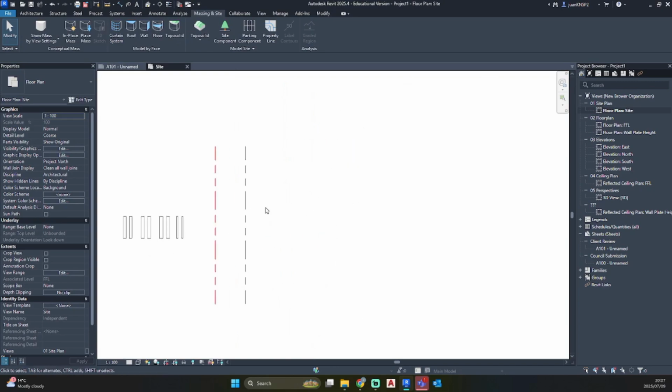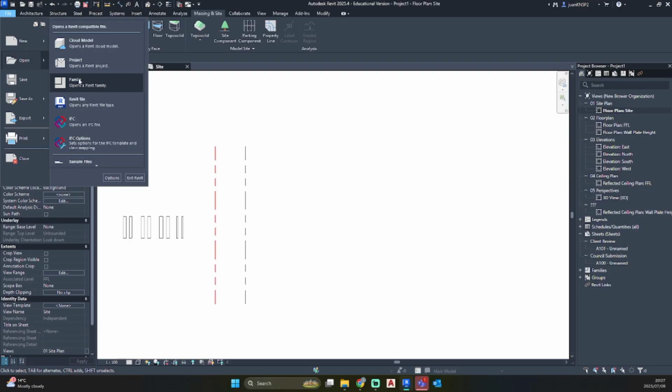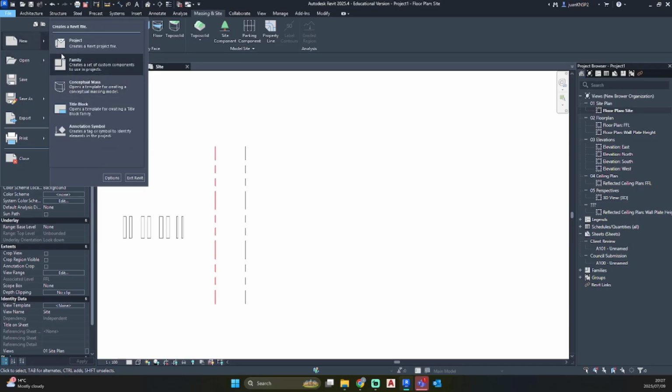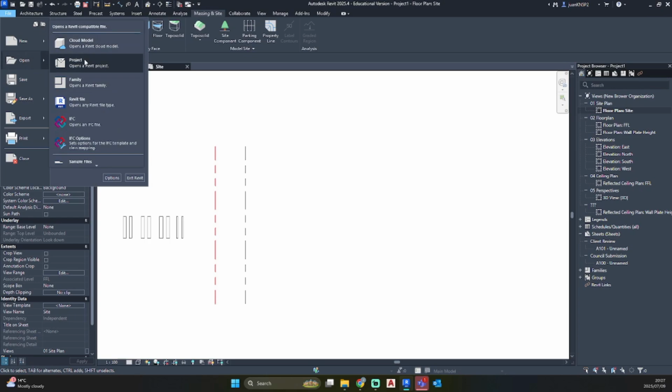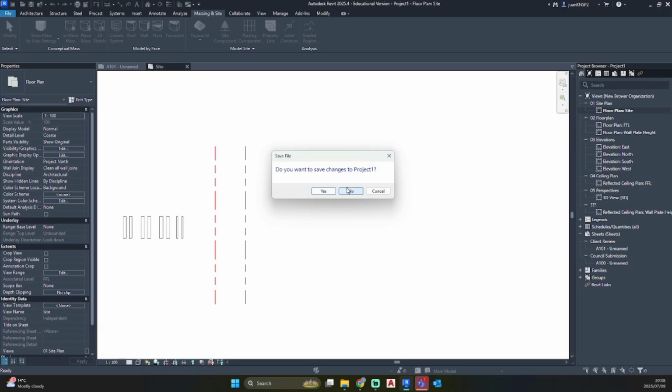That is to start off your project. But I would advise changing and saving this because this now has no save file. As you can see, it just states project 1. So if you want to set this up to go in from the get-go as red, we just go File, Open, or New, to see where that button is. Okay, so it seems with the new Revit you can't do it through the File option. I'm just going to close Revit again. I do not want to save the changes.